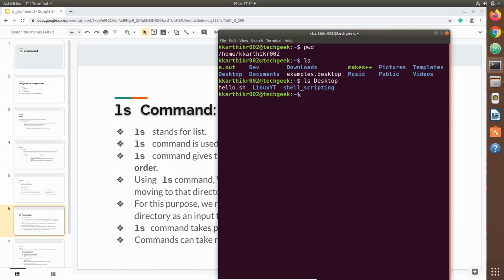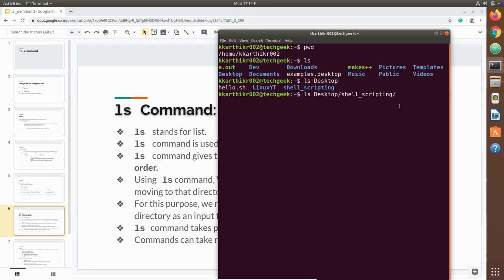Let's say we need to list the contents of shell scripting. What we need to do is ls, space, then the path to shell scripting. You can either use a relative path or an absolute path. The absolute path is long, so I'm using a relative path here. Desktop, then /, then shell scripting.